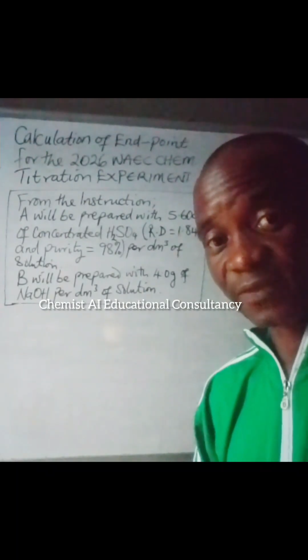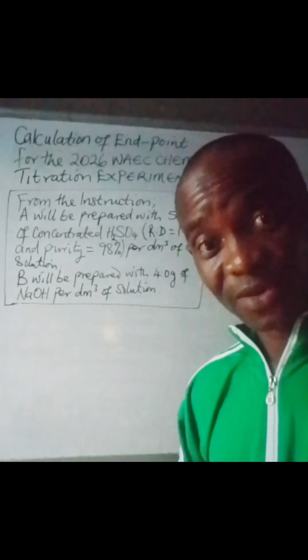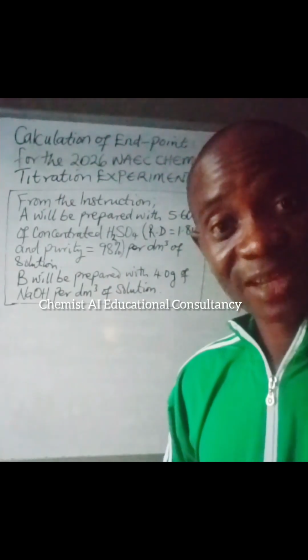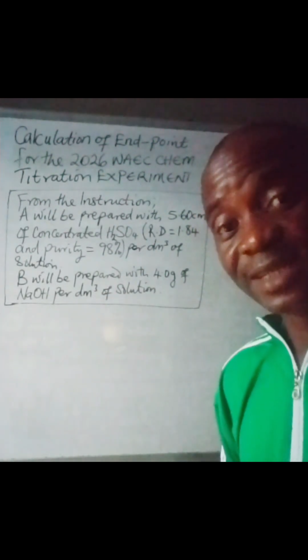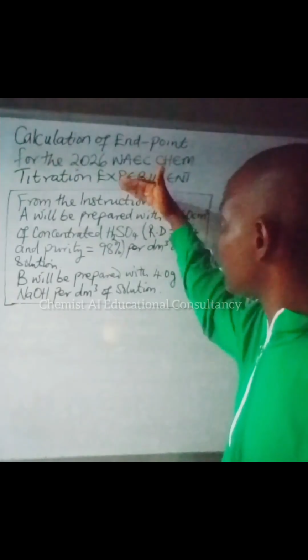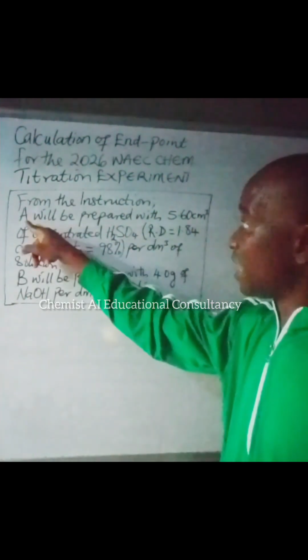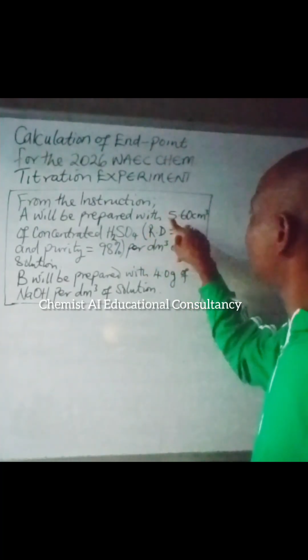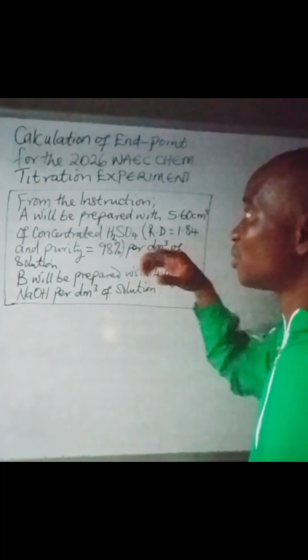The main aim of this video is the calculation of the endpoint of the 2026 WAEC Chemistry Practical. I'm going to calculate this endpoint from the given variables. In the instruction, A, which is the acid, will be prepared by the teacher with 5.60 cm³ of the